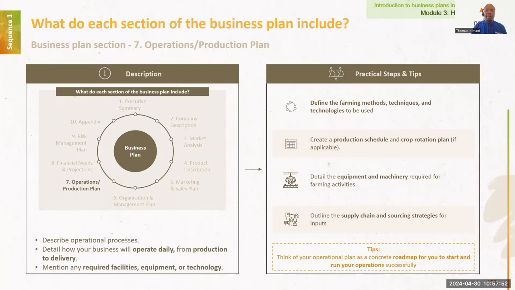Now, in summary, this section will describe the operation process from seed to product, from farm to fork, as detailed as possible. Words cannot be enough, but what you can understand. Daily operations, seasonal operations, annual operations. Describe them in detail. Facilities, equipment, technology, right? And you know, with agriculture,